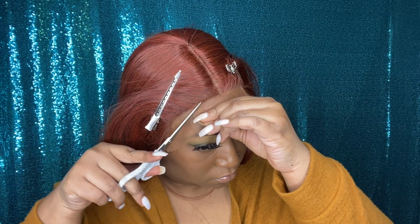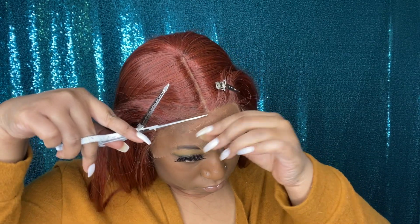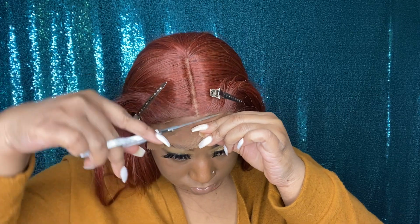It does come with natural layers to it, although I did go through with my scissors and create a couple more layers towards the front just to frame my face. If I'm going to be wearing a middle part, sometimes I like to be able to pull it back, but with the hairline being so close and me not having enough time or energy to go through and pluck it, I'm just playing around with the layers and trying to frame my face without making it look so